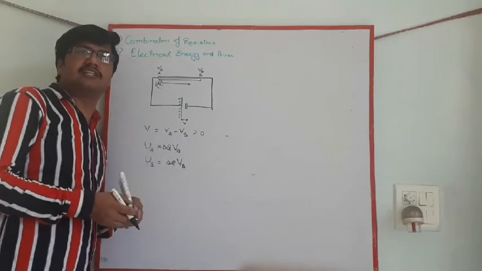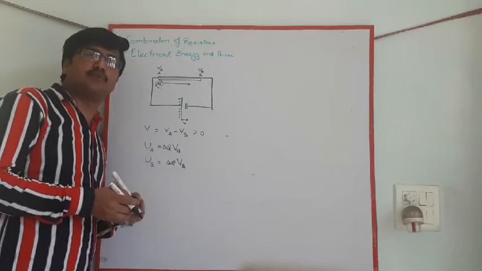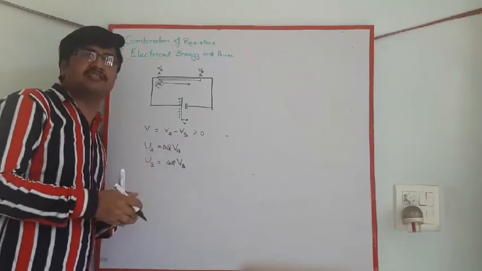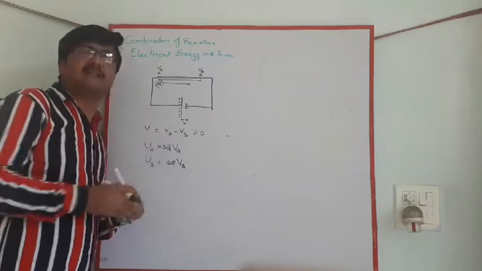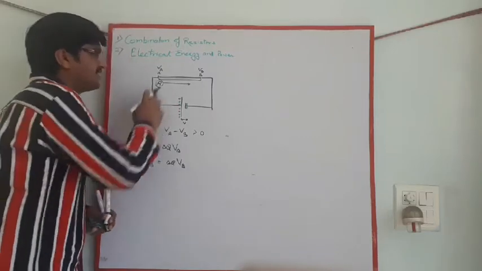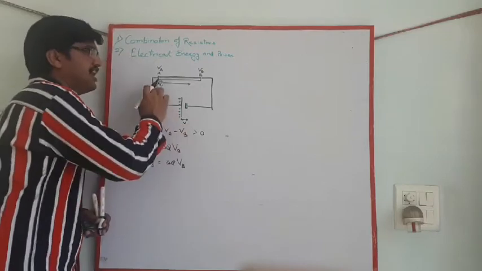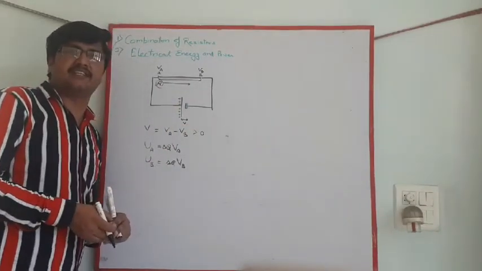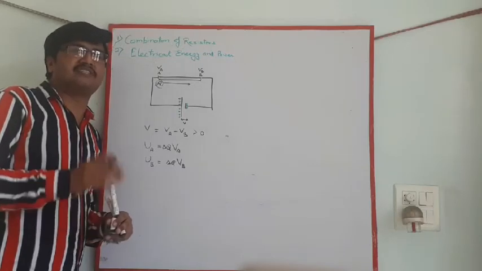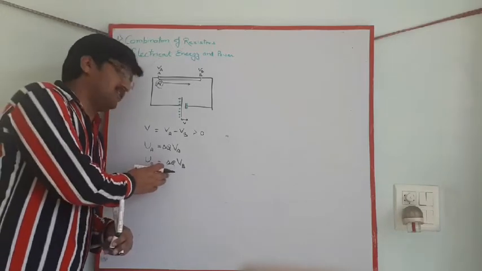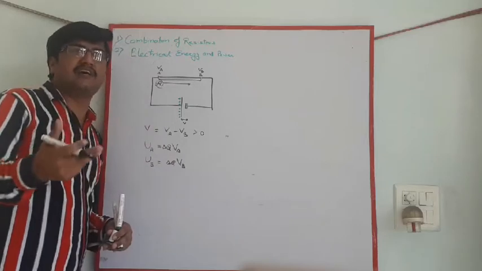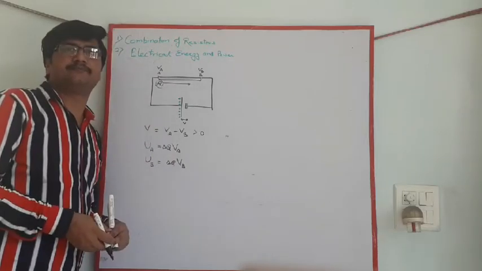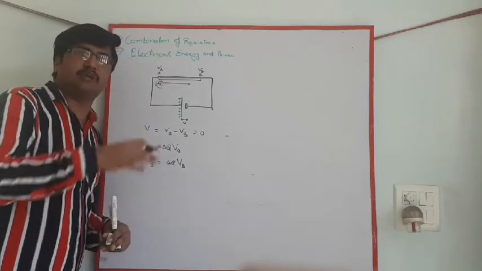Kinetic energy is the energy possessed by any object by virtue of its motion. If the object is moving, it has kinetic energy equal to half mv square. यहाँ पे बात करेंगे तो पोटेंशियल एनर्जी डिफरेंस की वजह से चार्ज मूव करना शुरू किया. Charge acquired energy, kinetic energy. The conservation of energy says that some of the potential energy is lost, which appeared in the form of kinetic energy. पोटेंशियल एनर्जी कम होगी, काइनेटिक एनर्जी बढ़ेगी.